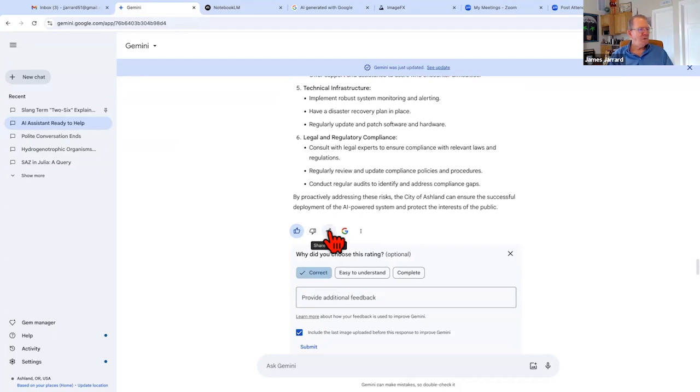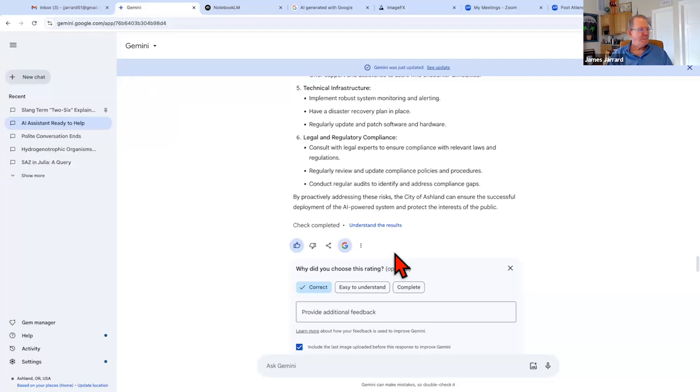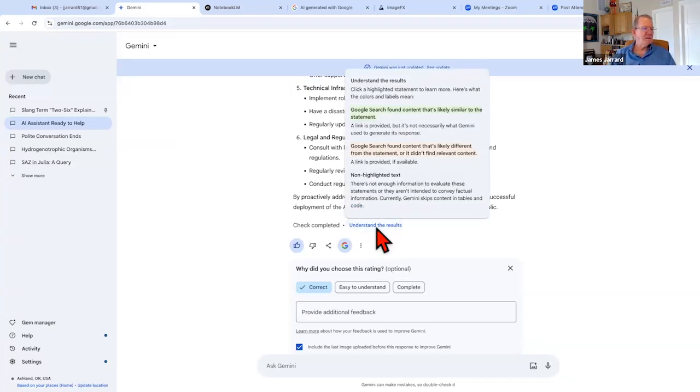And what if I'll share this in just a second. I can look up the Google information. It's evaluating Gemini statements and understanding the results. I don't know, that would take me a second to understand.